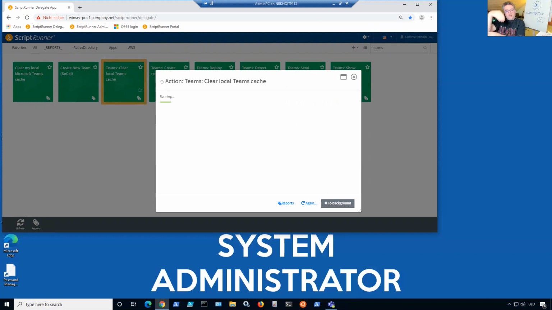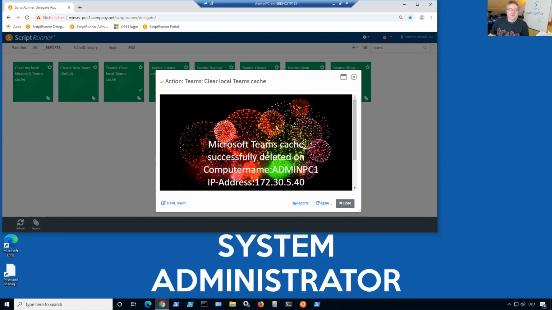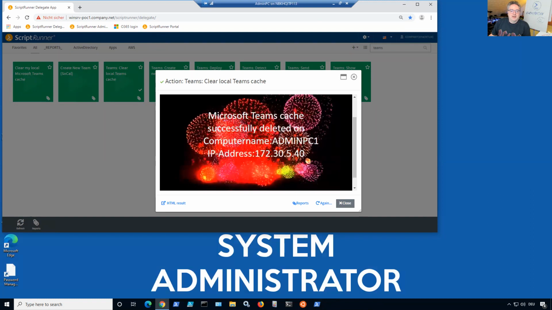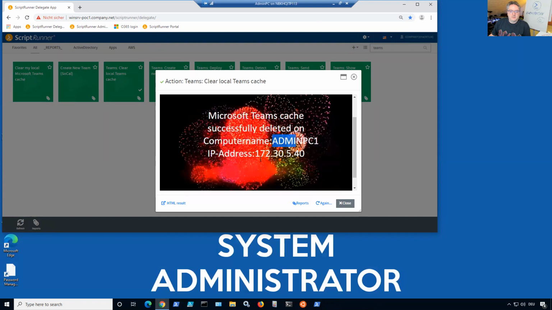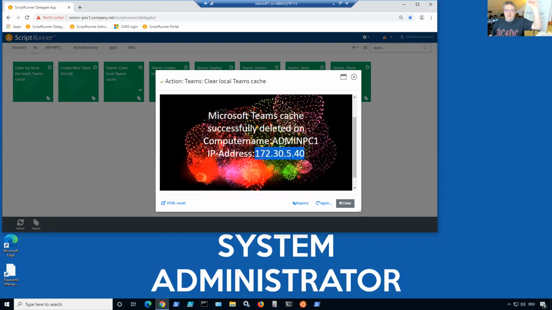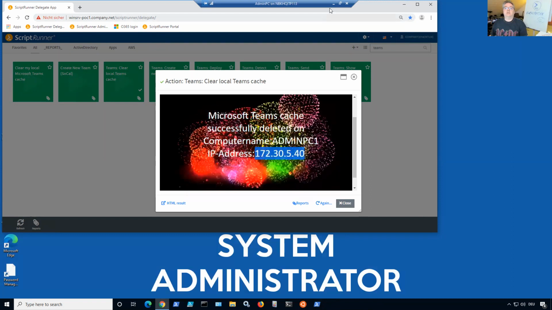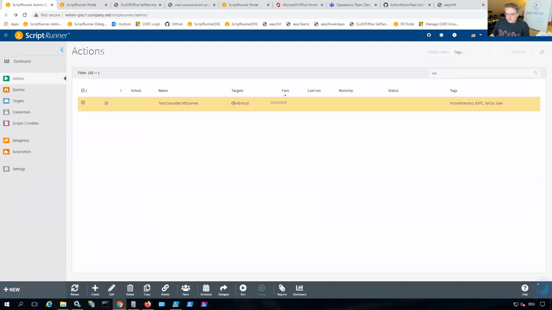And then doing all that, going through those folders and cleaning the cache, and then coming back with a message like, okay, I have successfully, okay, it's a little fancy. So it says, okay, this has been done on my machine, and this is the IP address, which means, of course, the script ran on ScriptRunner, remoted into that machine, and that's possible because we have this information,